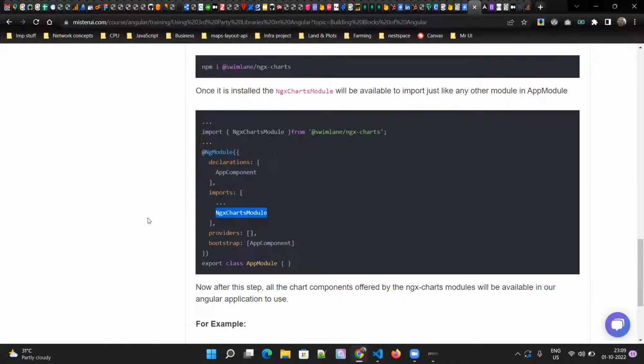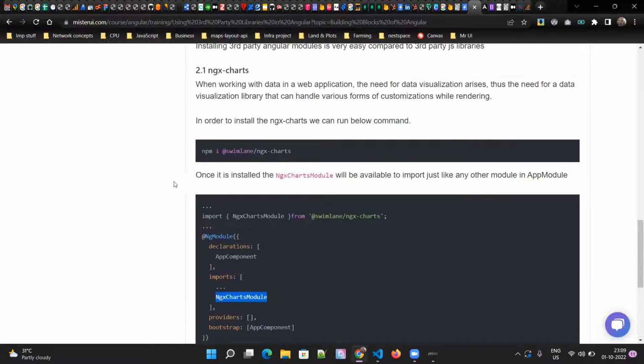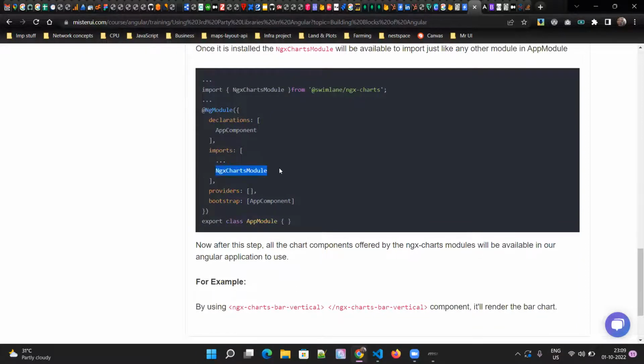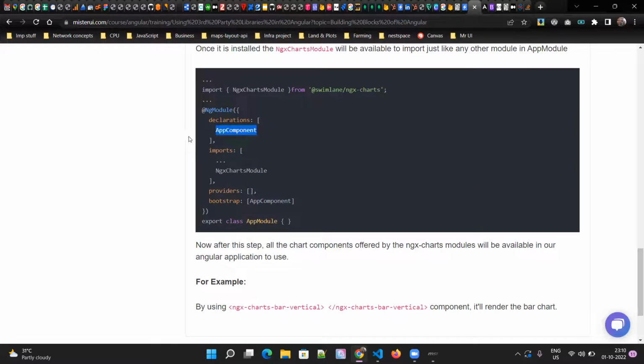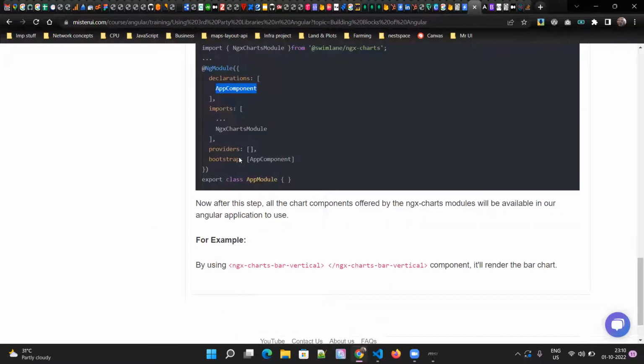Now how can you use it? We already saw third-party libraries have to be imported in the imports section of that module. So if you want to use the ngx-charts module in app module, then in the NgModule imports section, you have to import that module. If you want to use it in some feature module, let's say student module, then go to the imports section of the student module and import that module. So the first step is install, the second step is import, and then the third step is to use it in this module. Go to any component, app component or any XYZ component, and try to use